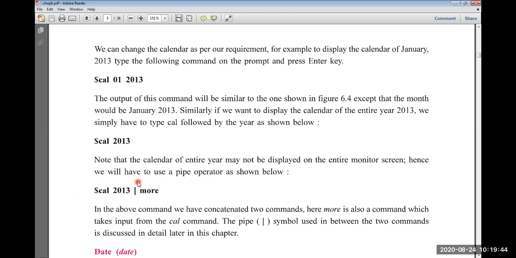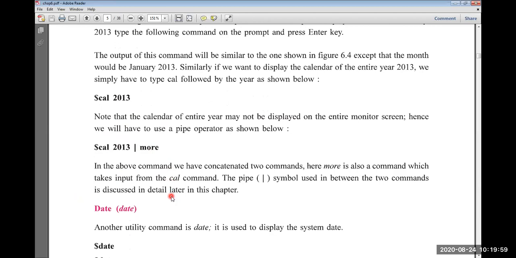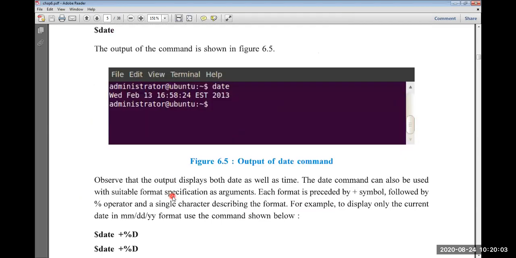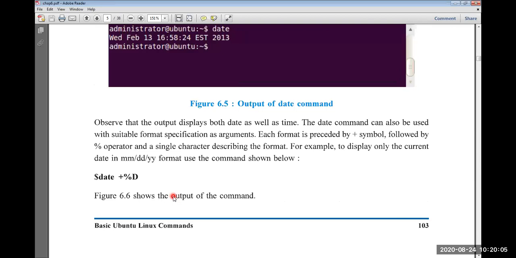What is this sign called? This is called the pipe sign, like a water pipe. Then you give more. So what will happen? It will show you the output one page at a time.